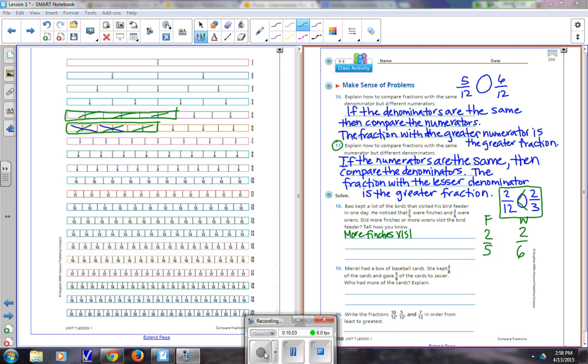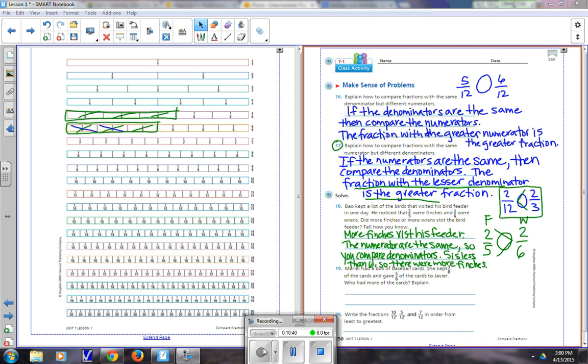How do you know? Here's the explanation part. You're taking it exactly from what we said in number 17. There were more finches that visited his feeder. I know this because the numerators are the same, so you compare denominators. 5 is less than 6, right? So there were more finches. And then up here it says the fraction with the lesser denominator is the greater one. So we know that 2/5 is greater than 2/6. You might want to pause it. Make sure you write out this explanation so that you get that into your mind